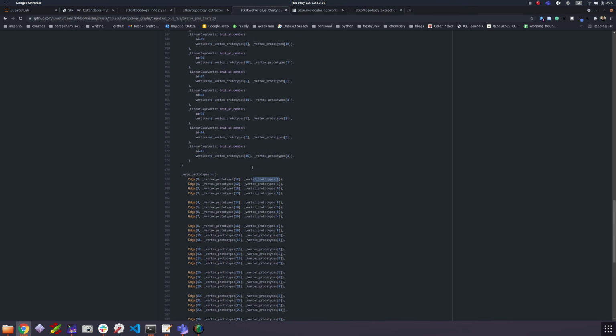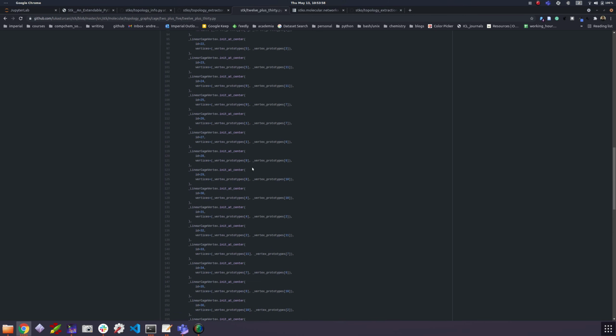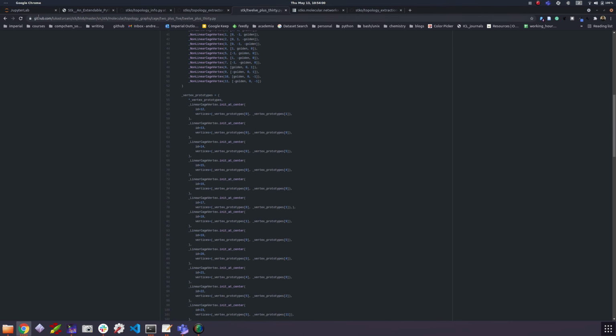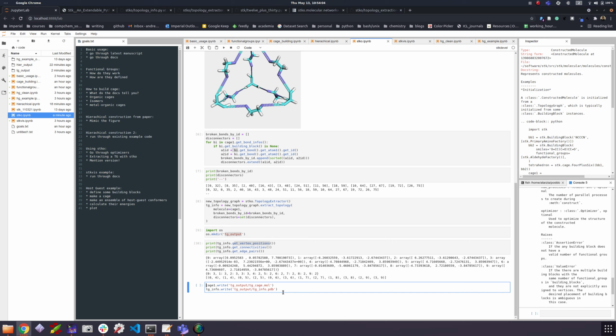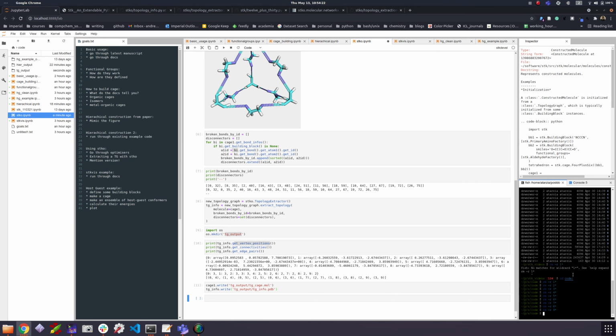Cool. I realize that is a little bit more complicated than, I think I've chosen quite a complicated example here, but this provides the information you need. It doesn't do it automatically for you because you want to be able to select the vertex type yourself. Is it a cage vertex? Is it a polymer vertex? This is important. And then we can write this, and if we visualize it, so cd tg output, and go pymol,